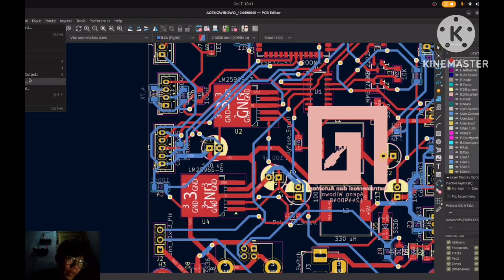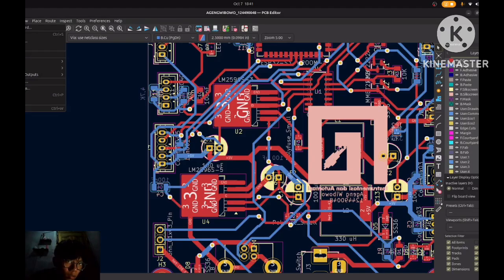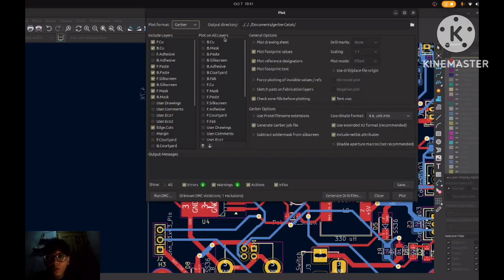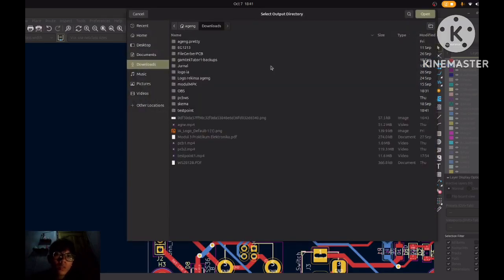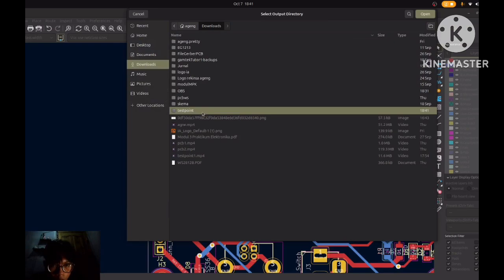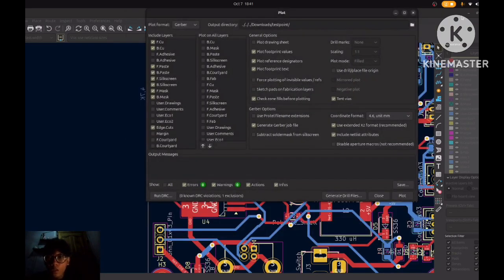Click file and fabrication output Gerber. Choose your folder. This point is okay.